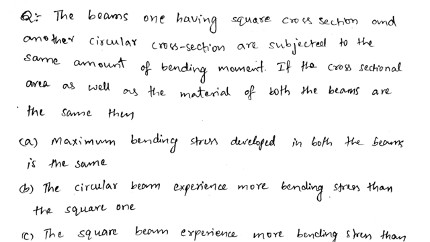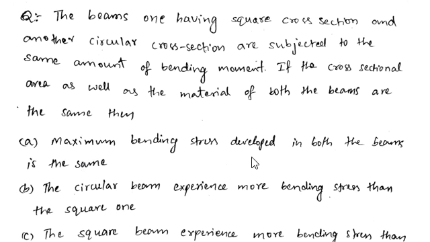Now we are seeing some of the previous GATE questions from the subject strength of materials. The beams, one having square cross section and the other circular cross section, are subjected to the same amount of bending moment. If the cross sectional areas as well as the material of both the beams are the same, then